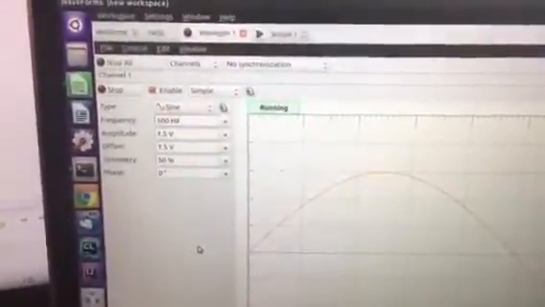This is part 2 of the CPE 329 Project 3 demo. Here we'll see a 3 volt peak-to-peak sine wave with a 1.5 volt DC offset at a frequency of 500 Hertz. As you can see, we get the DC offset pretty good, the volt peak-to-peak, but the frequency is a little bit fluctuating, still around 500, but there is a decent amount of variation in